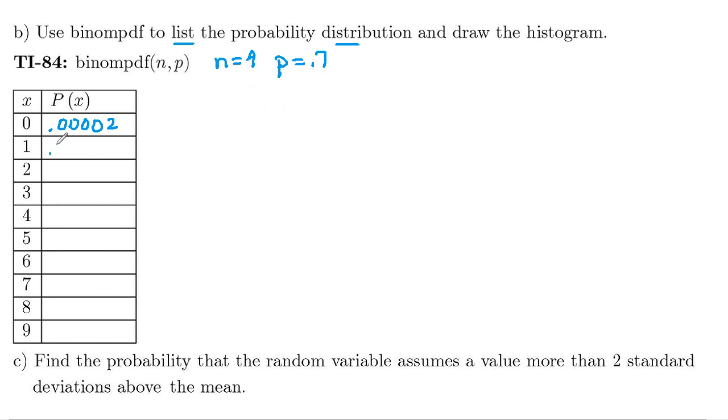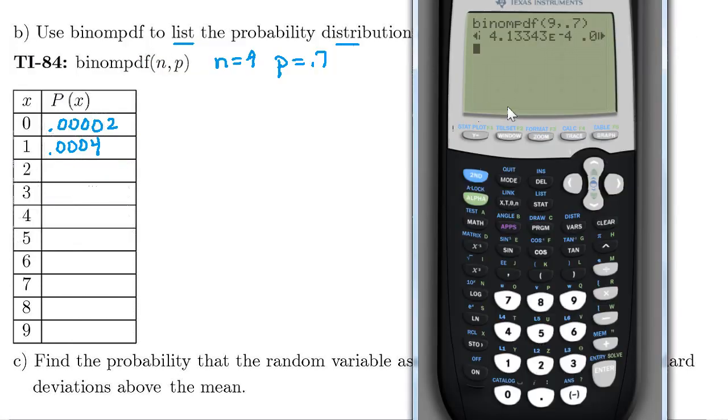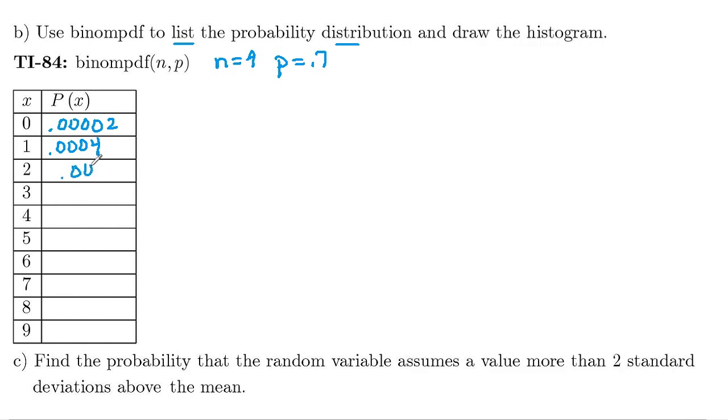So that's going to be 0.0004. And then we scroll to the right, and we got a 0.0038, which is 0.004. And we keep going like that, and we can list our whole distribution. So probability of 3 is 0.021. All these probabilities are separated by a comma in the display. And then 0.074, 0.172,